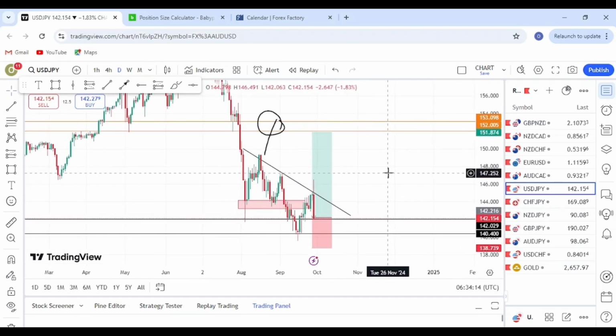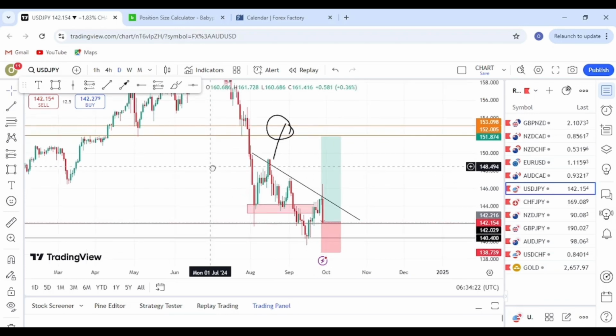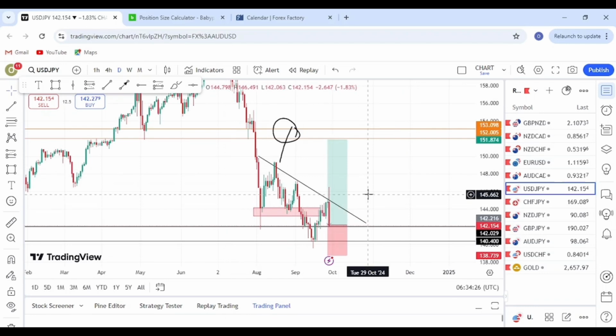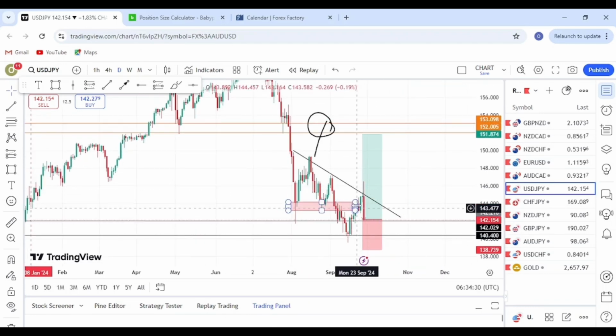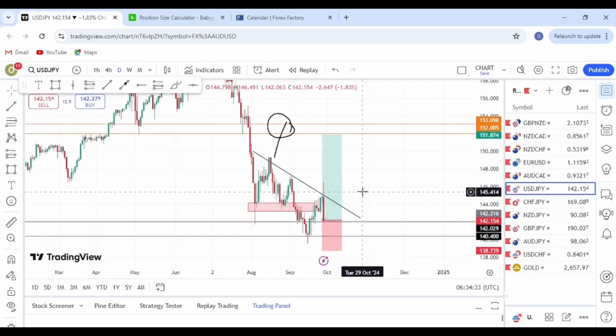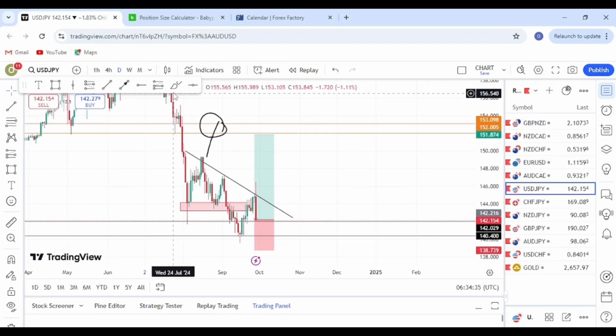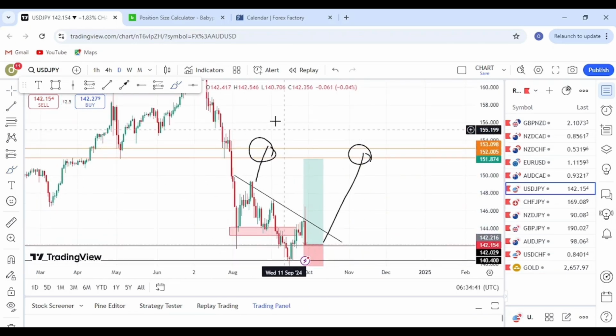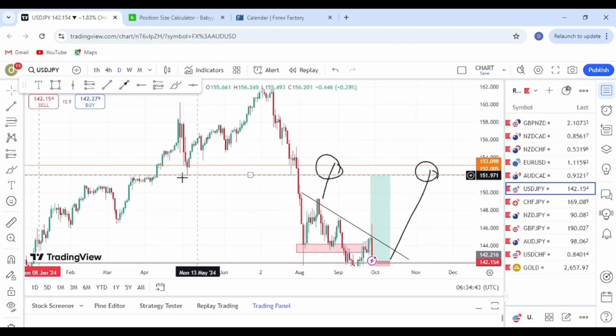The most you can do is to be prepared for what price will do when price gets to your major structure level. If you've marked out your level, whatever price does when it gets to your level is the period you are going to react. Now price has gotten to this level, I took my buys. Now I don't have any other business with this trade again. Whenever price pulls up to this level, why would I be waiting for it? This is a major level that pushed price massively,